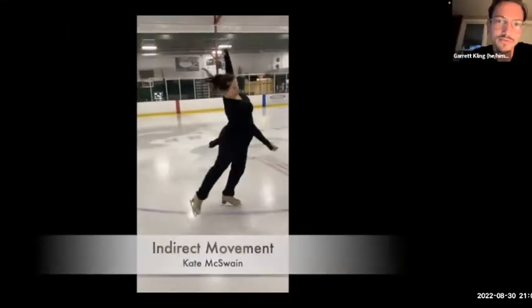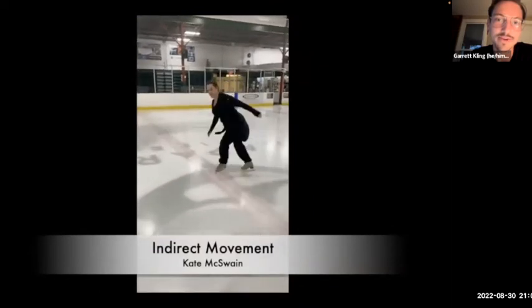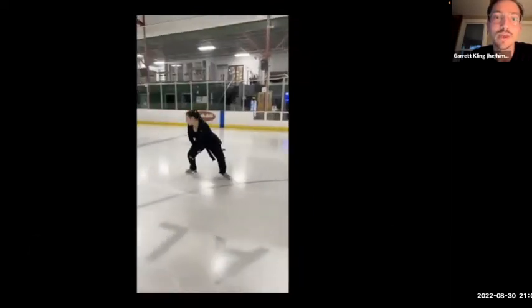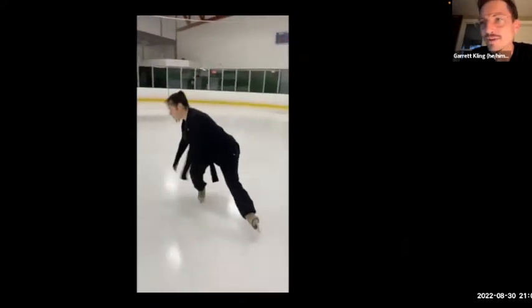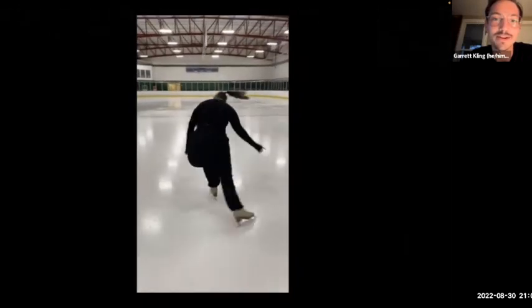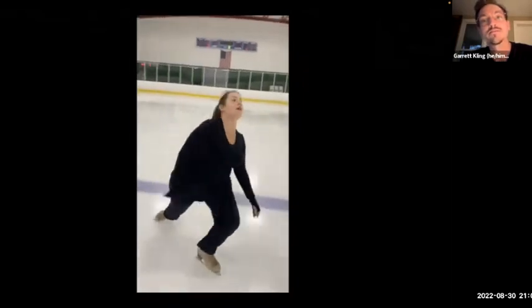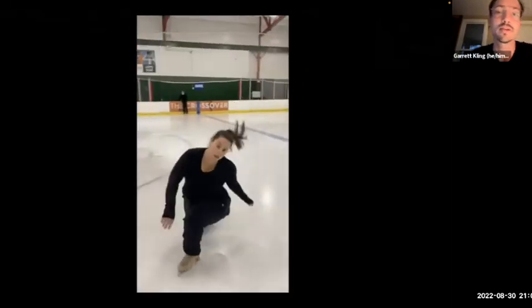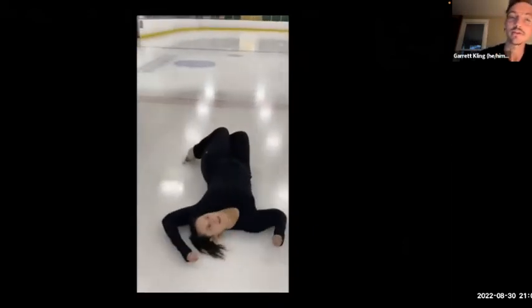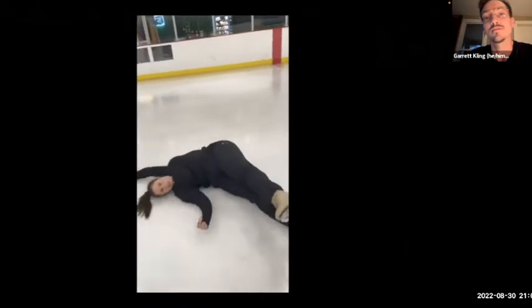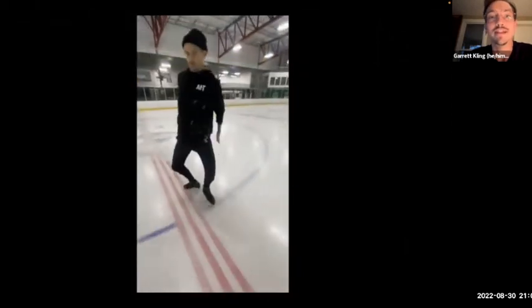Here's an example of more indirect movement, as we talked about Laban and all the different ways we can play with improv in the body. Kate, you might have also been thinking about other things, but indirect was the big one I noticed here. Yeah, indirect was definitely the big one. Noticing how her body is kind of like a feather in the wind. It doesn't have a necessary location to be, and is very navigated by